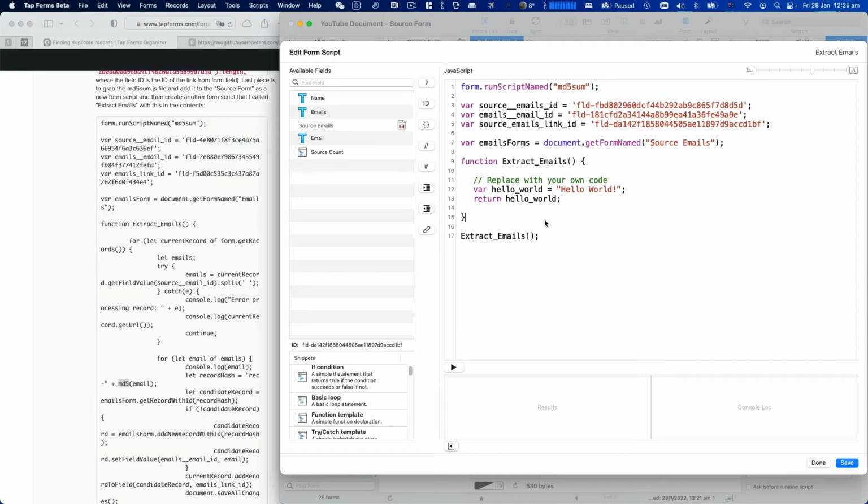Now let's just hit run on that. Make sure that we don't get any errors. We return hello world. We're on the right track. Okay, so